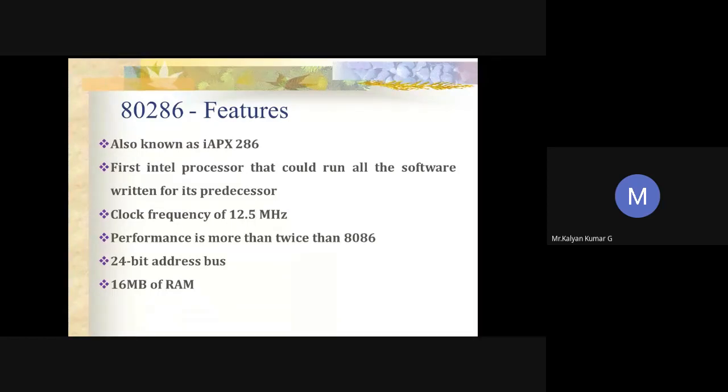This real mode is used for compatibility with existing 8086 software based mode, whereas the protected mode is used for enhanced system level. So we'll be having additional features like multitasking, protection, memory management unit. All of this will be included in protected mode. This is the first processor where we have the protected mode option.